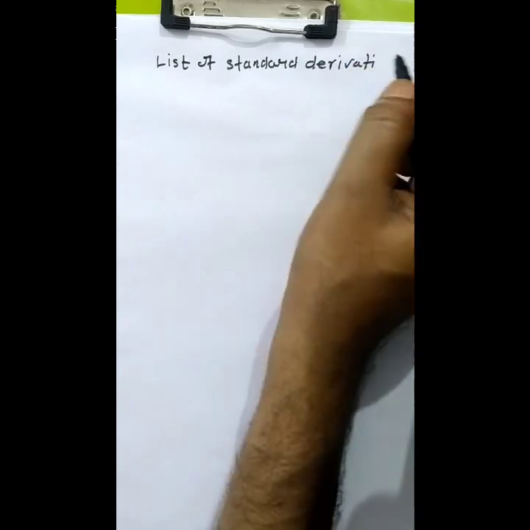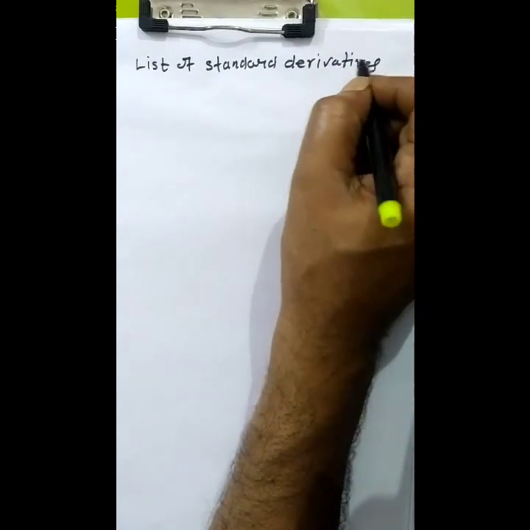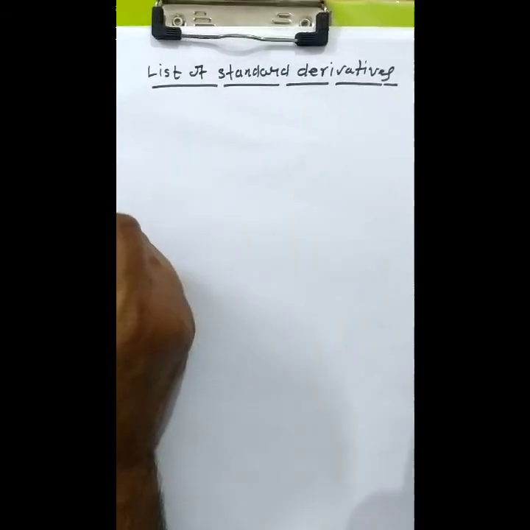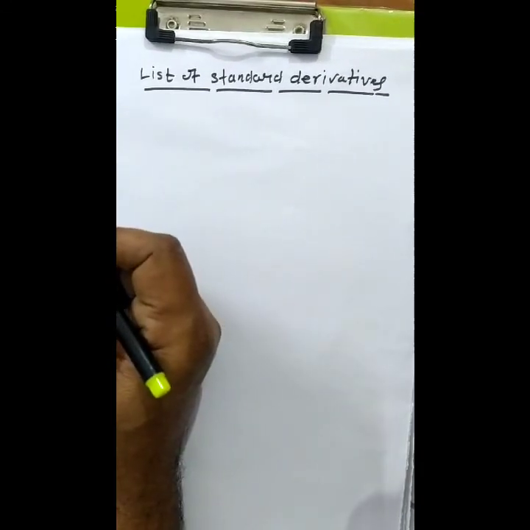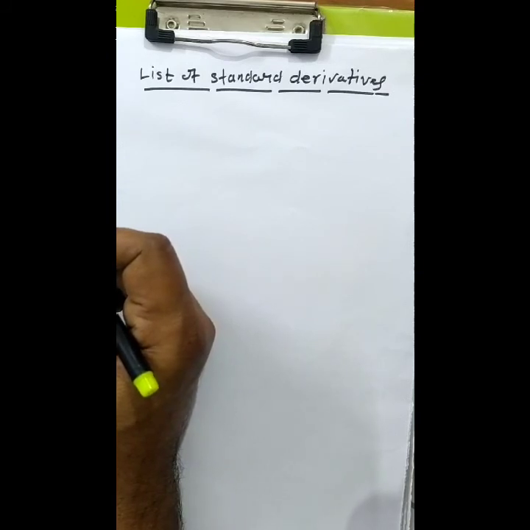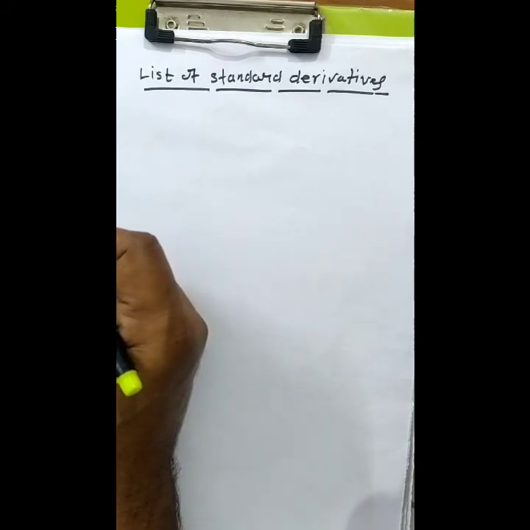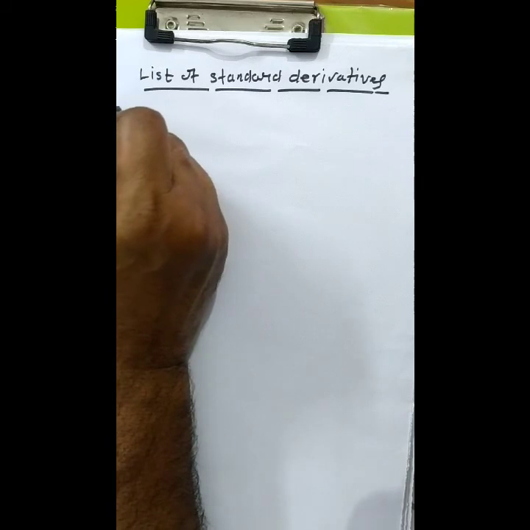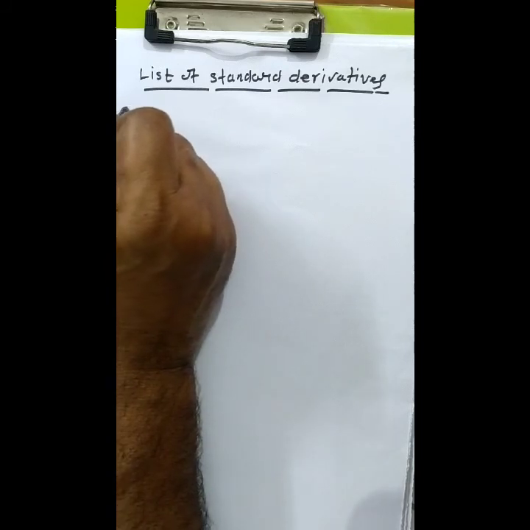Now, the whole differentiation is based on the following standard forms. Some standard forms are not there, but for convenience I will make some standard forms and give you. Totally there will be 20 standard forms and around 5 to 6 algebraic forms. So you should be very perfect in these 20 standard forms so that you can go through differentiation very easily, or solve the sums based on differentiation. One by one I will define. First we'll start with trigonometric functions.